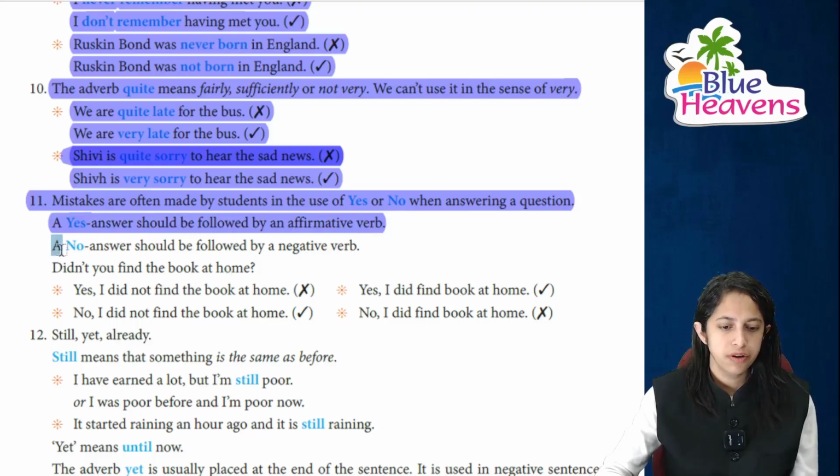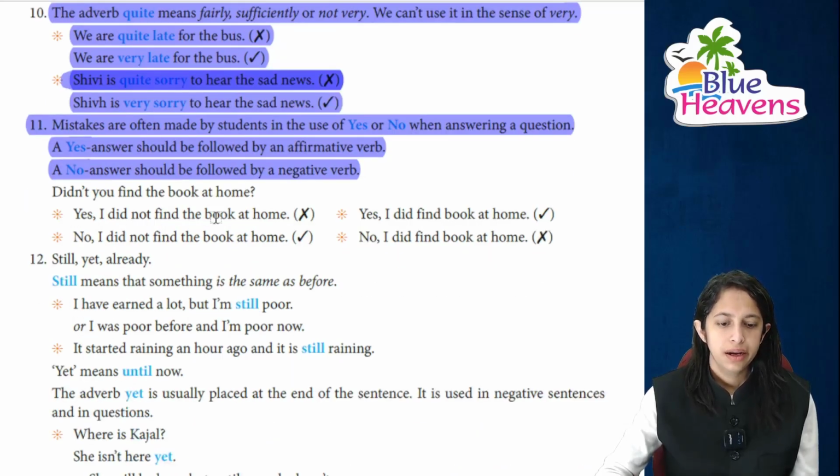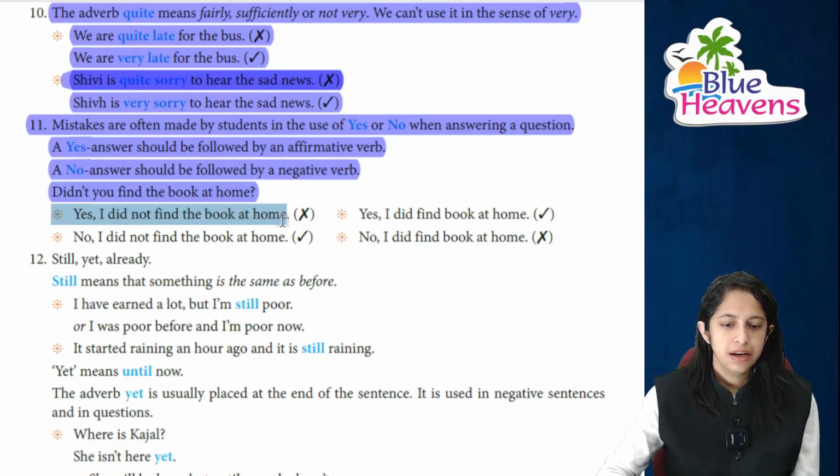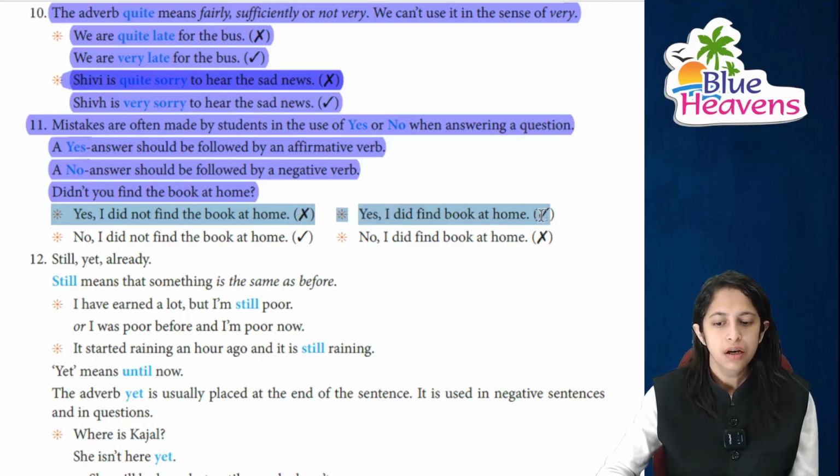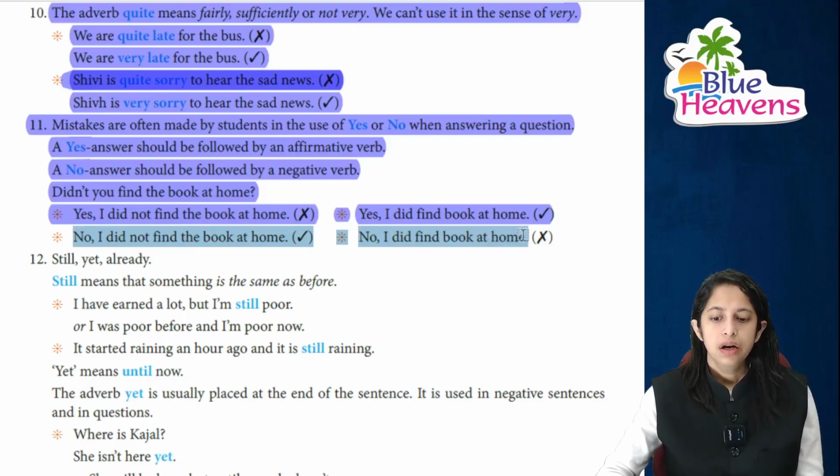Affirmative means positive, and a no should be followed by a negative verb. Did not, we can write didn't. You find the book at home, right? Yes, I did not find the book at home, this is absolutely false. Yes, I did find the book at home, this is true, this is right, because no two negatives can be placed in a sentence. No, I did not find the book at home, this is wrong. No, I did find the book at home, of course it's